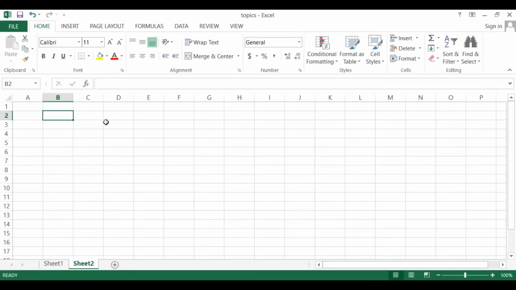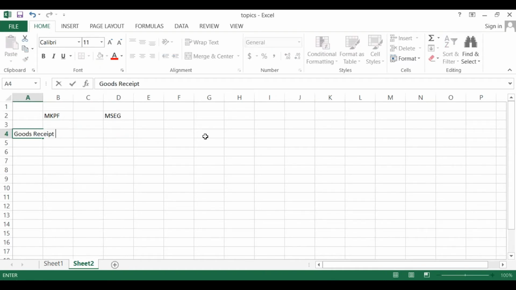Yes. Okay. So you have table MKPF and you have table MSEG. Normally what happens is whenever you do the goods receipt, let's say for quantity 10 for the first time, so this is a new material for which there was no stock earlier, in the MKPF you get the header information, which will tell you, for example,